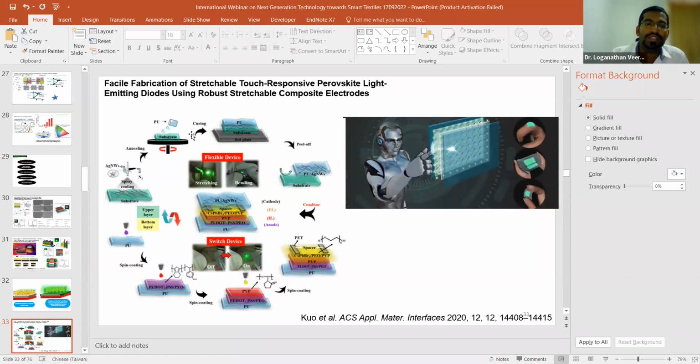We start with the substrate with PU with the spin coating method. We know spin coating can achieve very thin layers, right? So we can optimize the condition of our polymeric stretchable matrix. So then we can use some silver nanowires, which is a conductive part. We know silver is going to be a conductive electrode. So we use PU with silver nanowires, which can be stretched,